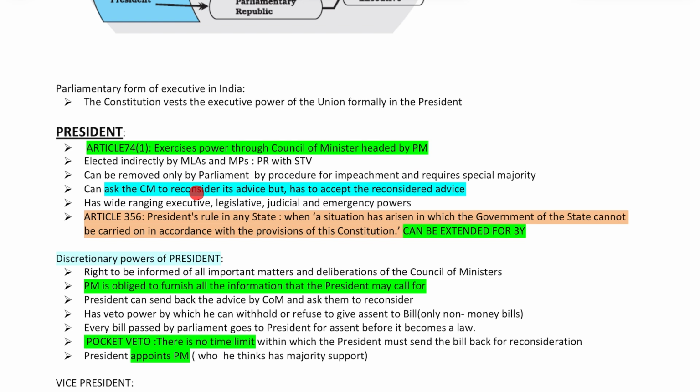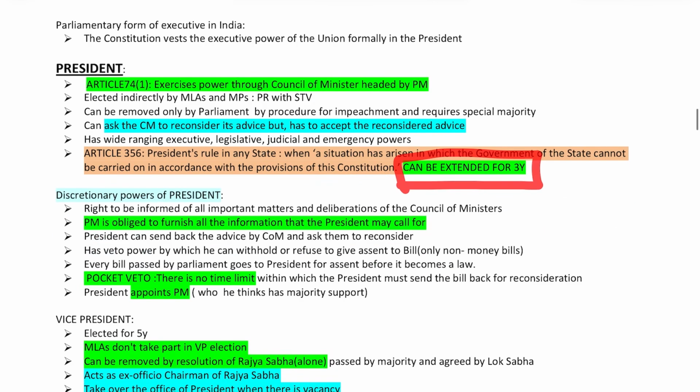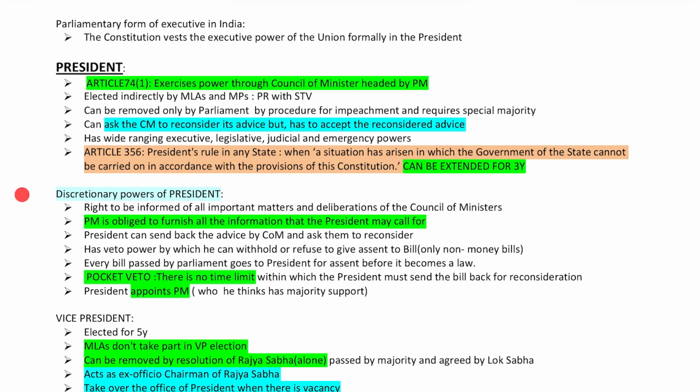The President has wide-ranging powers: executive, legislative, judicial, and emergency powers. So he also has judicial powers. Article 356 is basically for presidential rule in any state, which is also called the state emergency, where a situation has arisen in which the government of the state cannot be carried on in accordance with the provisions of the Constitution. It can also be extended for a maximum of 3 years, within the discretionary power of the